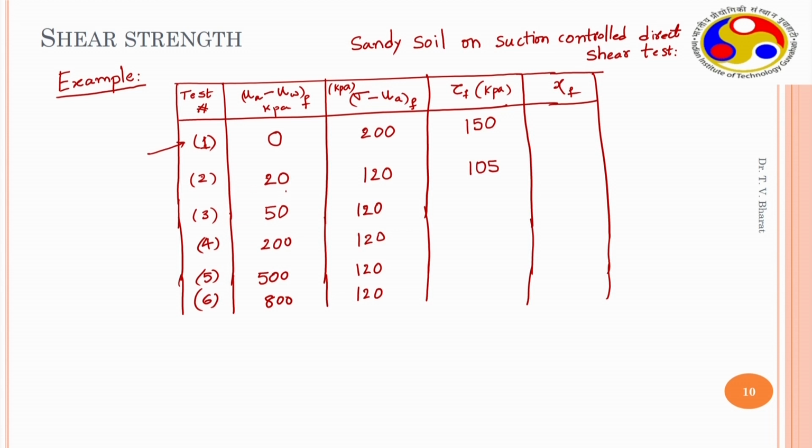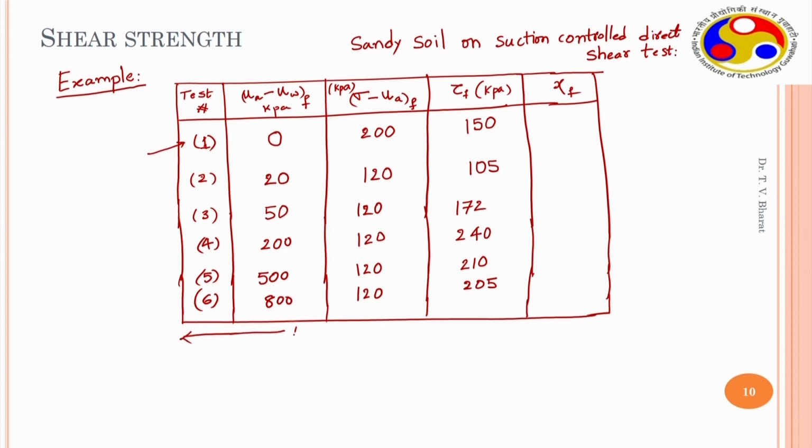So, because suction value is varied, the tau f started increasing: 172, 240 and slightly decreased from here onwards, 210, 205. So, now this is the measured data from suction control tests, and this needs to be estimated, this one. The Xi f value for the first test, because it is a saturated soil,